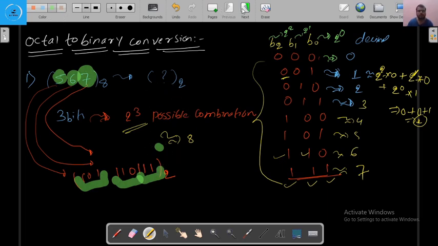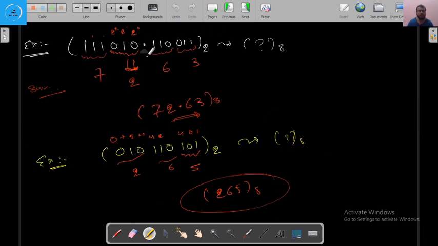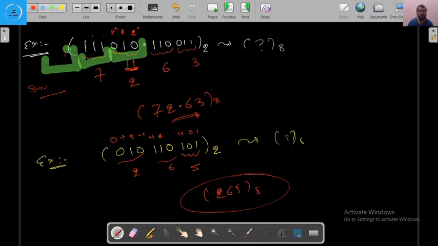Again, for converting from binary to octal, we just group the binary digits in groups of 3. Suppose that here it's written 1, and if nothing else is present here, then we can add 0s here to make the group of 3. And the number given in the binary number system will not change, it will remain the same.